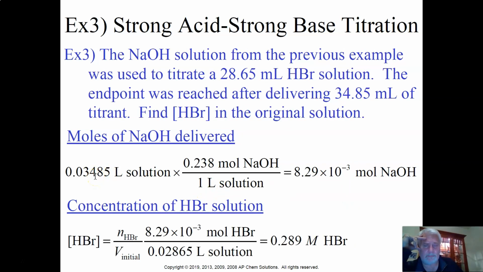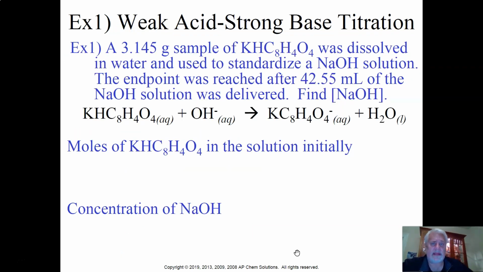Okay? So now we use the same logic that we did before, and we say if we know the moles of NaOH that were used to titrate this, then we know the moles of HBr. All right? And we know that the endpoint was reached because it changed color, so at that point the two mole amounts are equal. Notice that we have a different volume this time, so you take that equal mole amount divided by the new different volume, and that's your concentration of your HBr. So kind of just piggybacked on the previous problem with that one. Okay, so